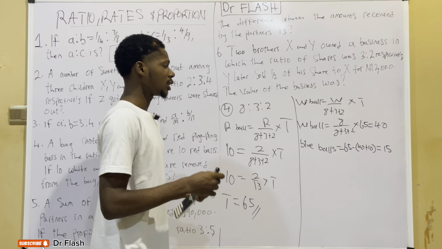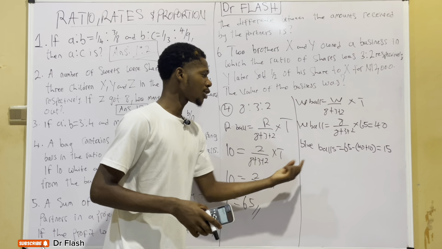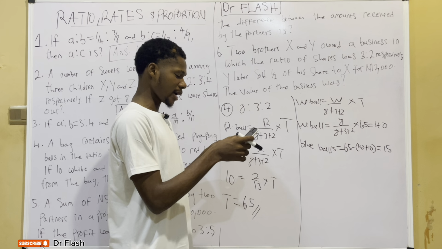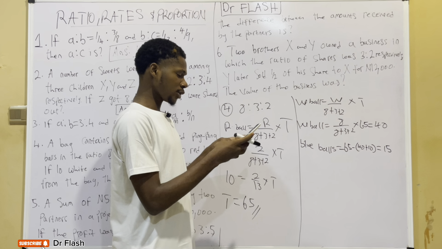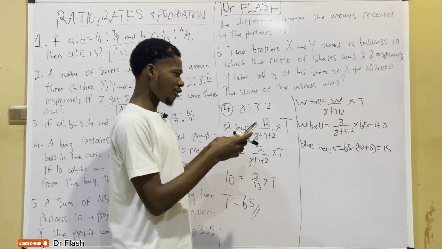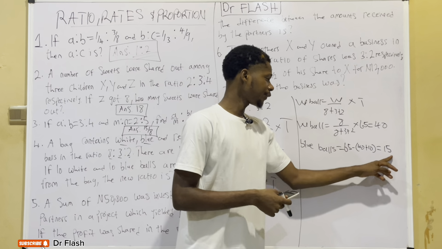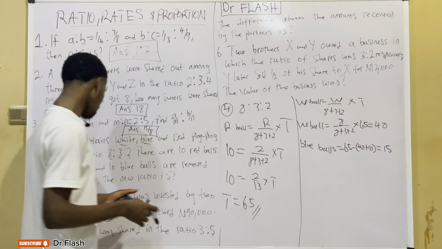Another way of finding out is to use the ratio. We have 3 divided by 8 plus 3 plus 2 times the total number of balls, which is 65. We're still going to get the same thing, which is 15 balls. Now the question asks,